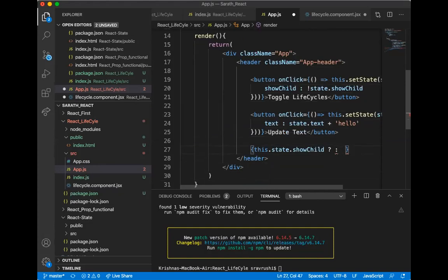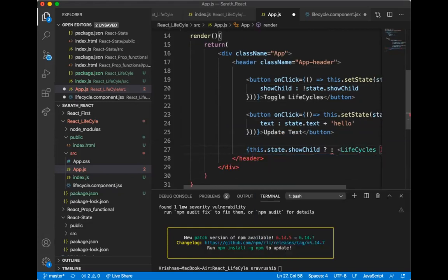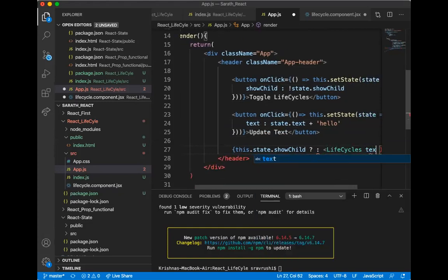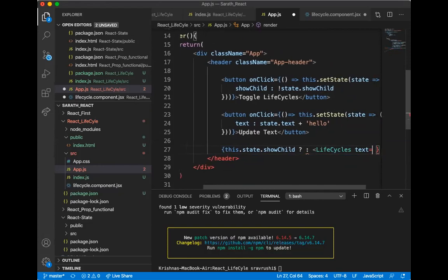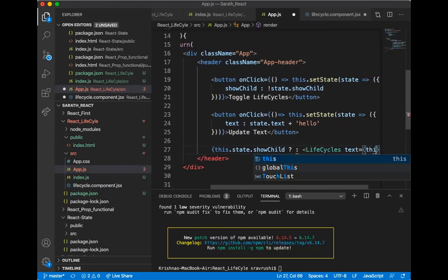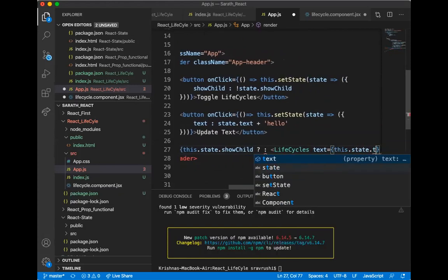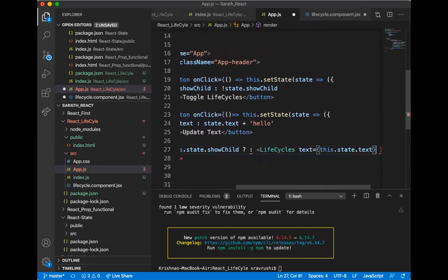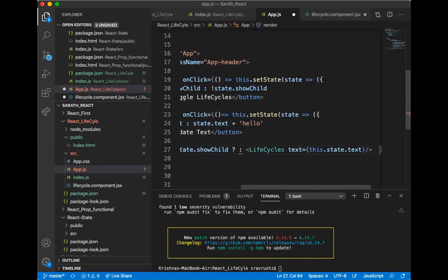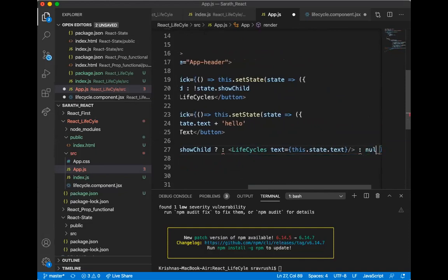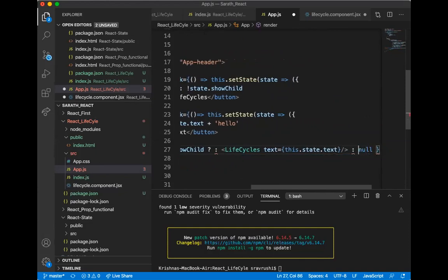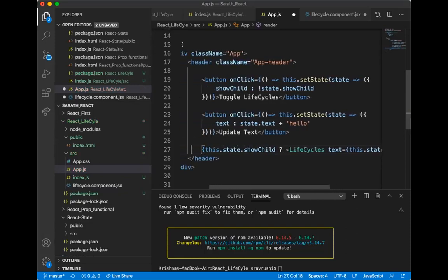Now I am taking this life cycles and giving text equal to this.state.text. Okay, and I am going to close this life cycles tag here, and if it is false it will go for null. It should return null. If it is true, it should execute this life cycles. Okay, like this it is arranged.